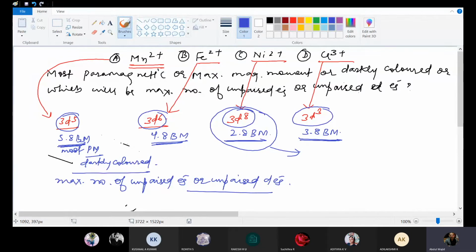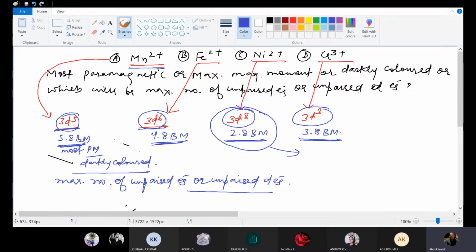So see here, you won't be having that much time to calculate what atomic number Mn is having, or Fe, or Ni, or Cr. We should remember this entire periodic table, and then you won't be having time even to write 1s2, 2s2, 2p6, 3s2, 3p6. That much time won't be there. So you should be having good practice over this all. Then only you can do like this. Otherwise, it will be taking a lot of time.